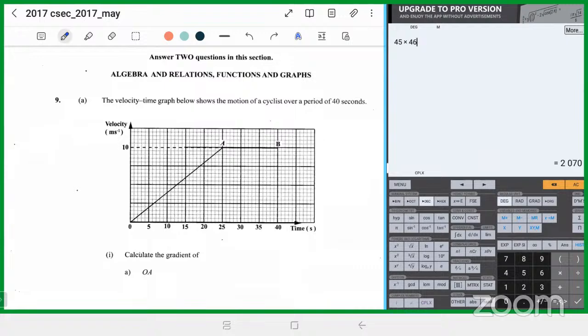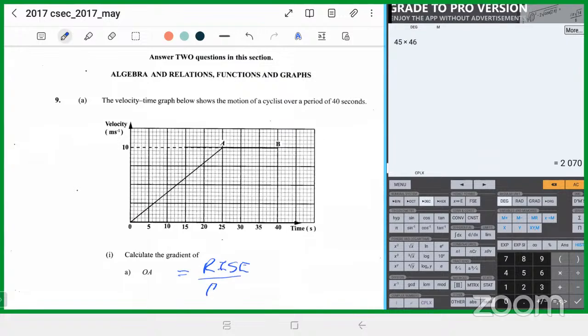This one gives us a velocity time graph showing the motion of a cyclist over a 40-second period. This axis is the speed, or the velocity axis, this axis is the time. Question says, calculate the gradient of OA, that's this line. It's simply rise over run, and it gives you the acceleration. The rise is 10, so the gradient equals rise